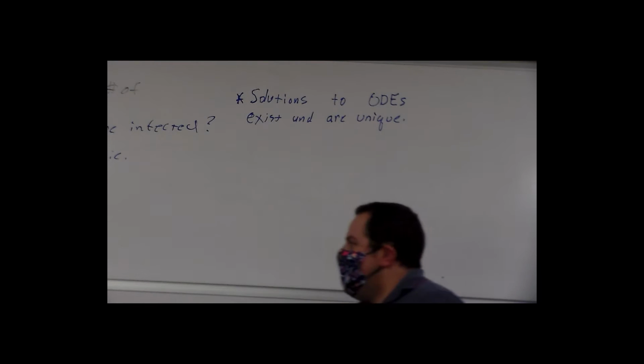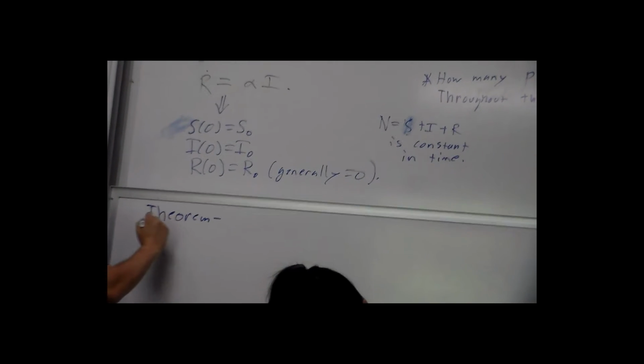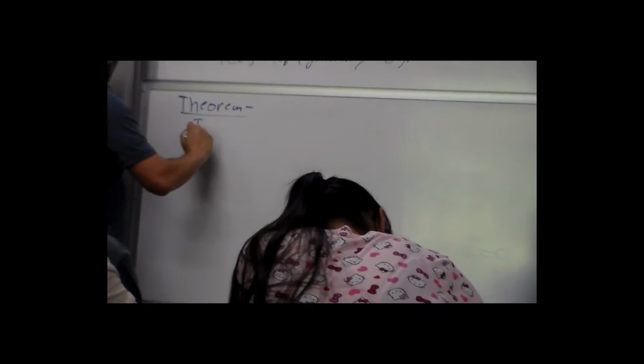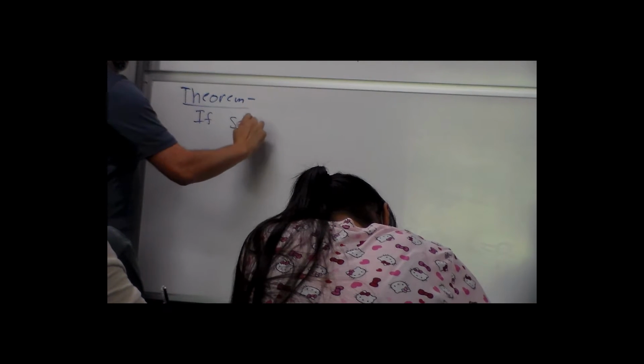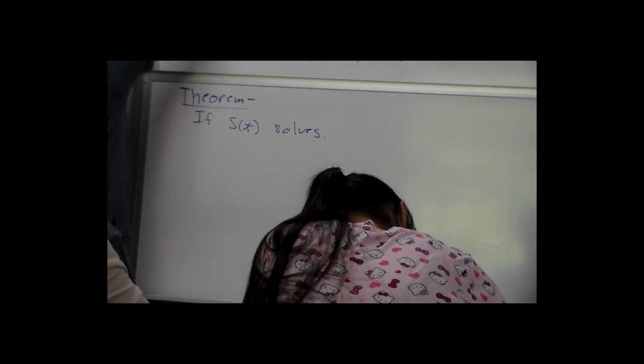So the first one I'm going to show is a theorem that's going to be a property of the solutions. If S of t solves, let's call this whole system star, then